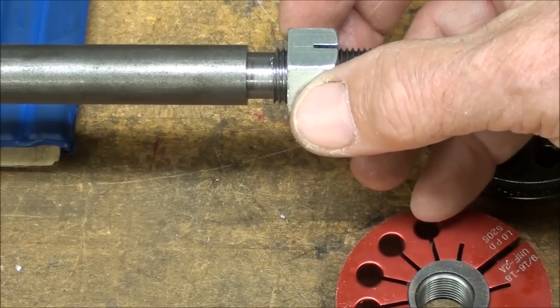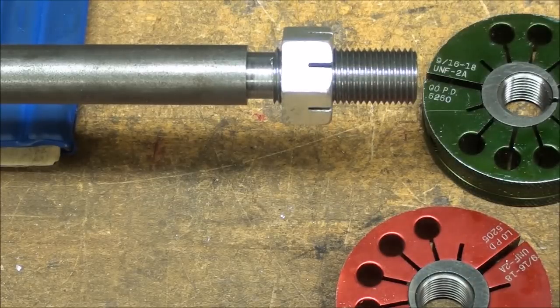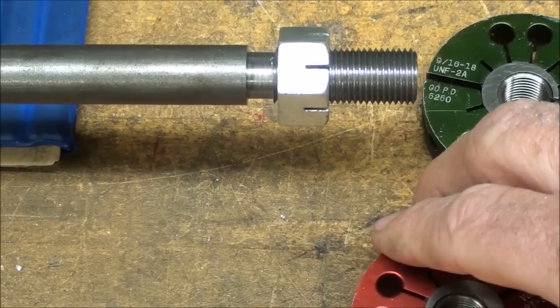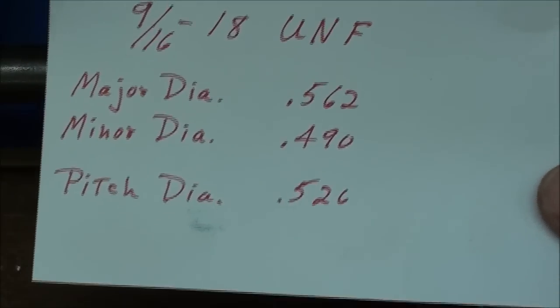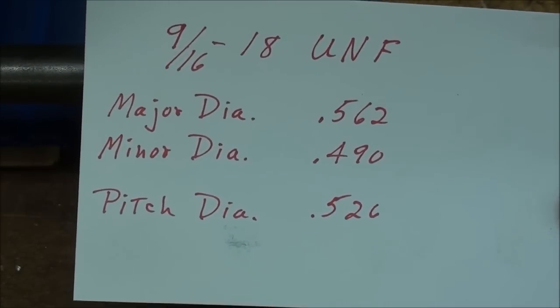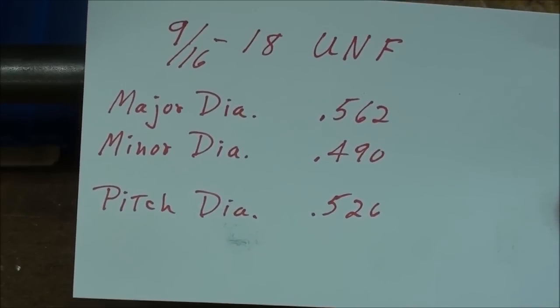But they tend to be a little sloppy, but yet if you could measure the strength on them, I'm sure that they're probably 90% of the maximum strength that you could really want with a thread that size. But let's look at the dimensions now. A 9/16 18 unified national fine should have a major diameter of .562, a minor diameter of .490, and a pitch diameter of